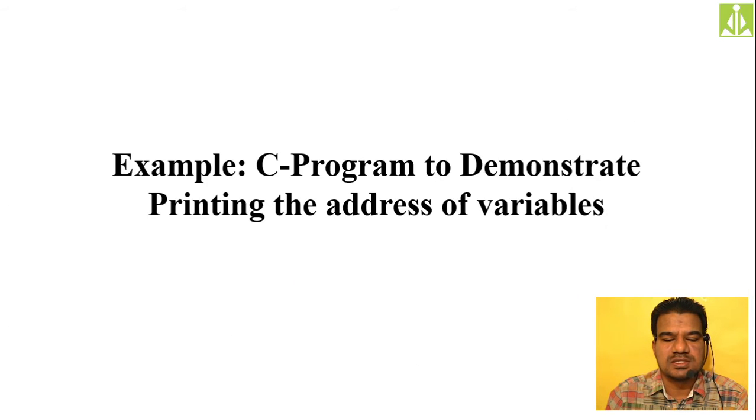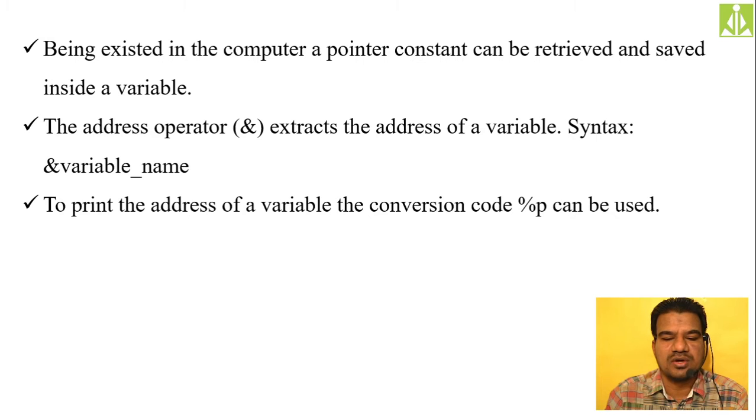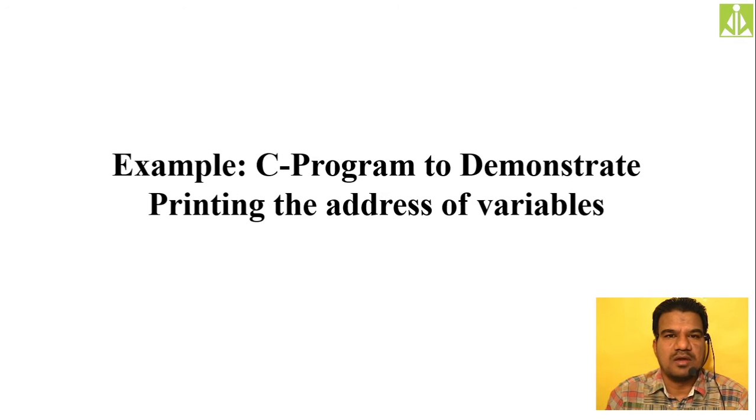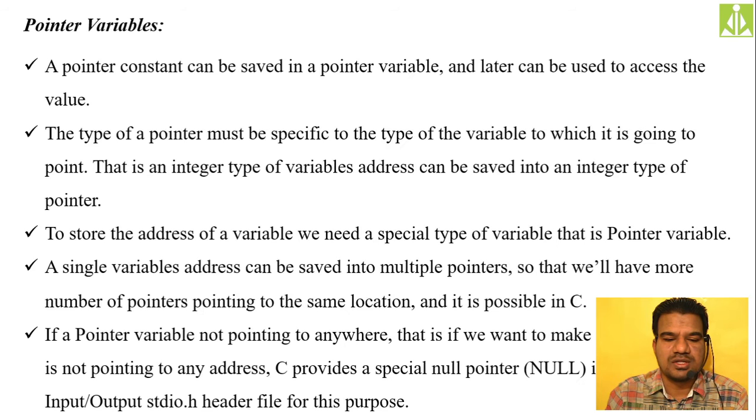Those things we discussed. And in order to extract, or in order to get the address, we said we're going to use ampersand symbol. And if you simply put the ampersand symbol before the variable name, you will get the address of that variable location. Okay, so to print the address, we said percent p we use. And we have also demonstrated how we can print the address of a particular variable on the output screen with the help of C program. I have demonstrated that one.